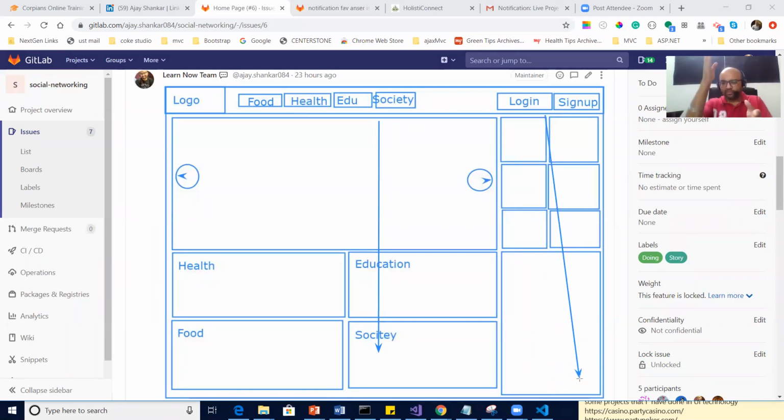First of all, one row, and inside that row, 2 columns. Yes or no? Yes, sir. Then how will you divide this column? How many rows and columns?